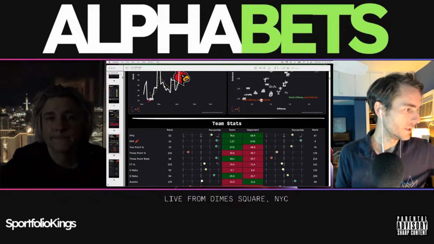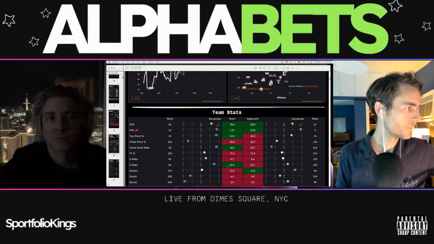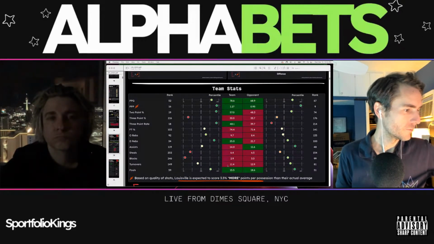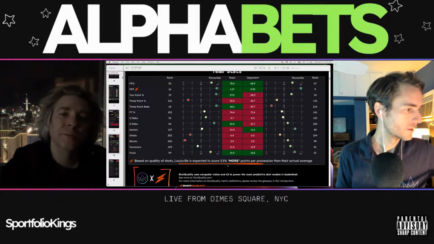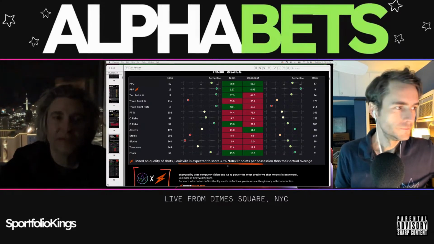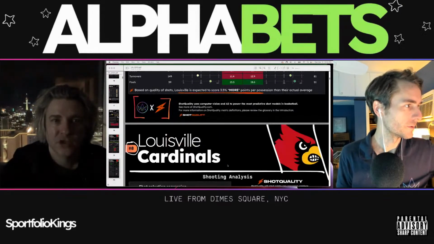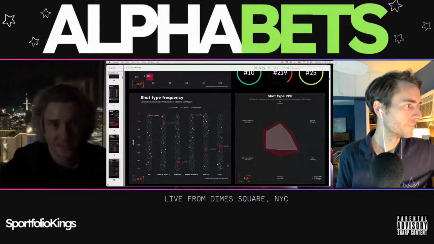What else do they do? Their defensive rebounding is pretty good. Turnovers, middle of the pack. Okay. Actually, I kind of take back the mid-range. So they're good at mid-range, but if you look at the shot type frequency, the swarm chart. Yeah, where is that? Is it up here? The shot type frequency, they're actually at the bottom of mid-range frequency.